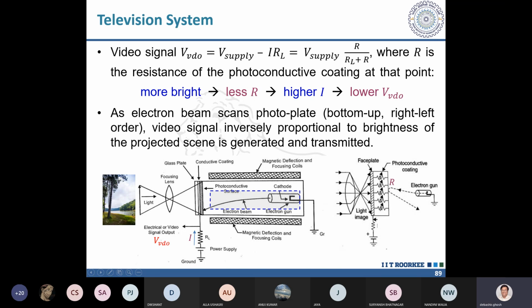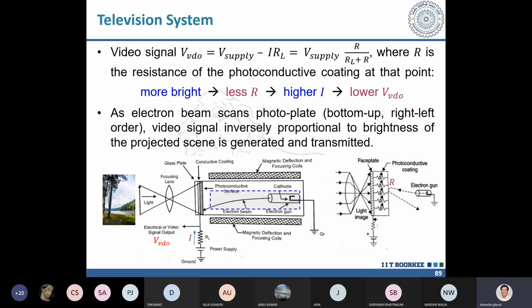Okay, by changing the magnetic field in these two horizontal plates. And there is also a pair of vertical plates. I have shown it here dotted. So there is a pair of vertical plates, and by changing the magnetic field in those vertical plates, you can have the right-left movement of the electron gun. So basically you keep on changing the direction of that electron beam.